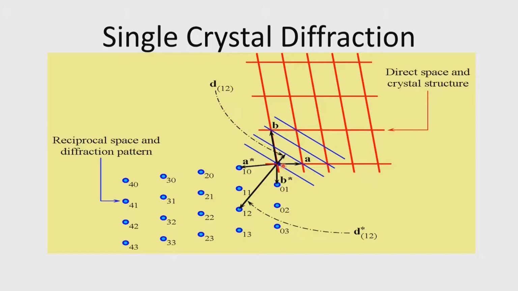So, the same analogy brings up here the D value, the distance. The black line here indicates the position of D12. This is the length of D12, that is the D value of 1 2, 1 2 being the plane which we are representing here. So, if this is the 1 2 plane, the next parallel plane will be what? The next parallel plane will be 2 and 1. So, this is 2 and 1, this is 1 and 2, and this will be 2 and 1, and this will be 3 and find out.